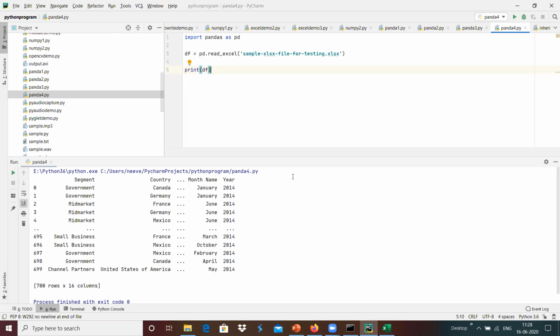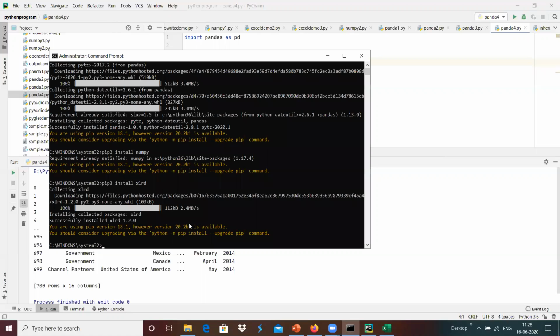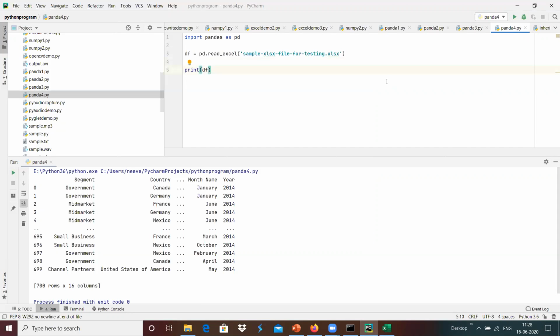Like that we got the complete data of the Excel sheet in data frame format with the help of pd dot read excel, the method used to completely read the XLS file and create the data frame. And for that we need a dependency, xlrd, and once we install that, it can read and create the data frame.